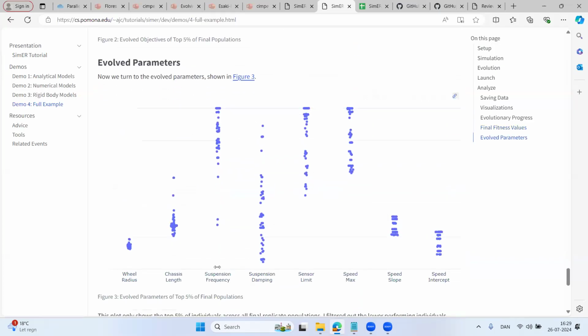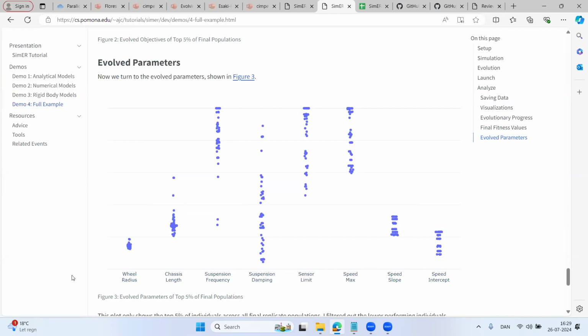And then the evolved parameters. One piece of advice that I'm always given is to try to avoid box plots as much as you can. It's actually not statisticians that give that advice. It's statisticians that do user studies on using statistical plots. Box plots are just not very good for humans. We have a tendency to interpret them incorrectly. So with a little short tail, people think, oh, there's not much there. It's not very significant. But a short tail on a box plot actually means there's a high density there.